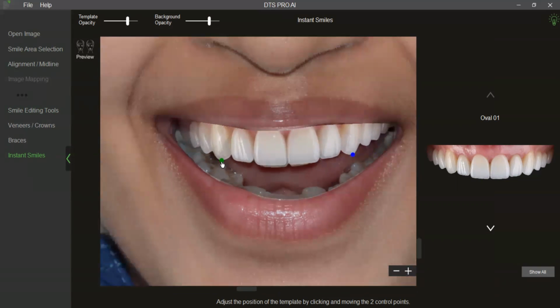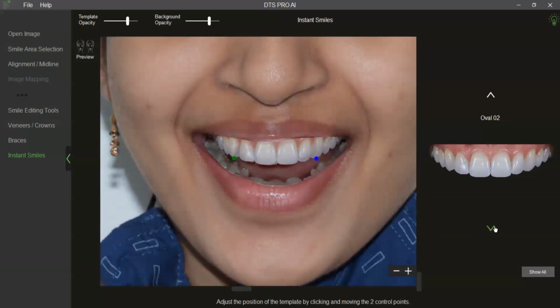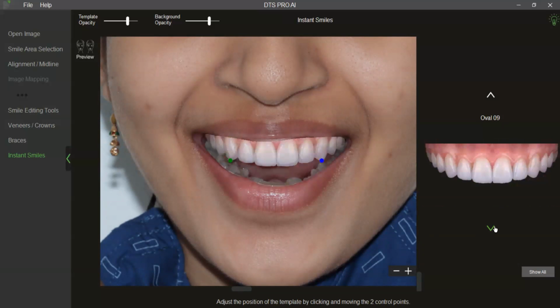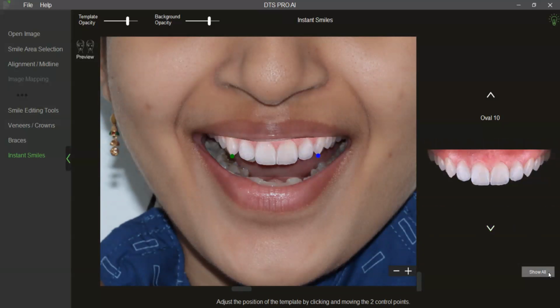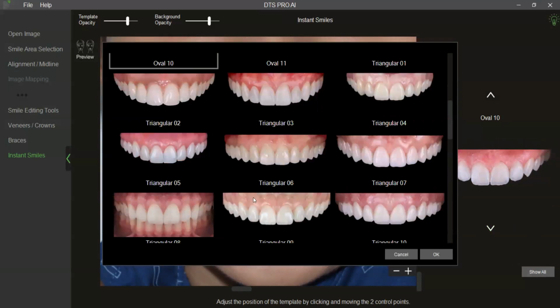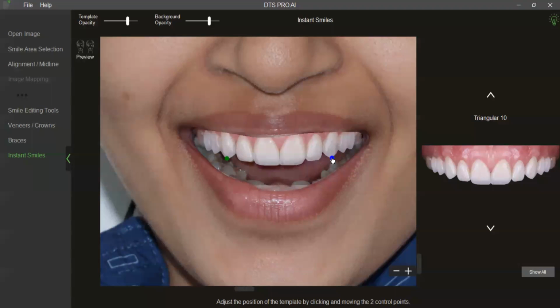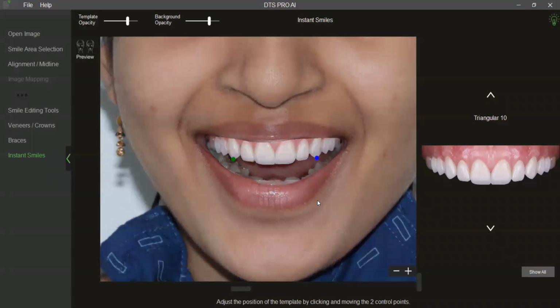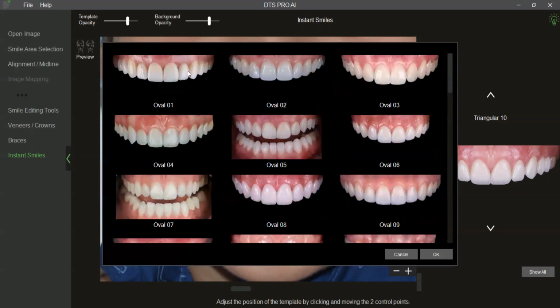Right? And once I have positioned one template, I can just navigate through the different templates which are present and use the best one that I deem necessary. You can even go to the entire list of templates here and directly choose the one that you want without having to navigate through the entire list. Say, for example, if I want this template, I would just navigate to that particular triangular 10 and go ahead and complete the simulation. You can even upload your own templates. I will come back to that in a bit. Right now, let me just stick to template number 1.